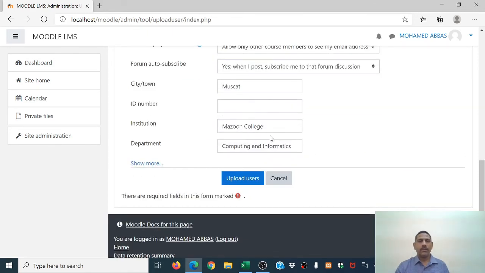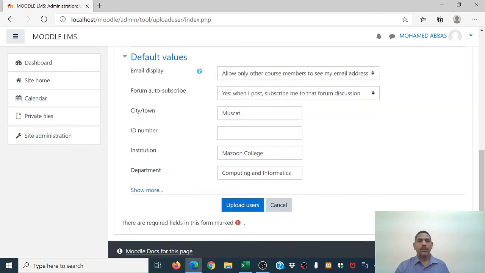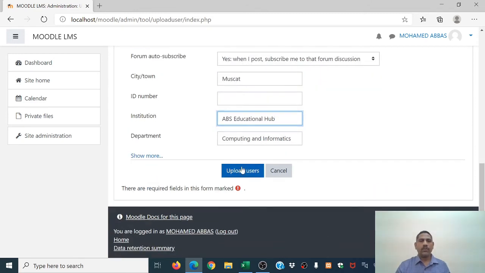Scroll down. If you want to give any city or institution, you can change the institution, for example, ABS educational hub. Whichever you want. Then upload the users. Now the file is uploading.